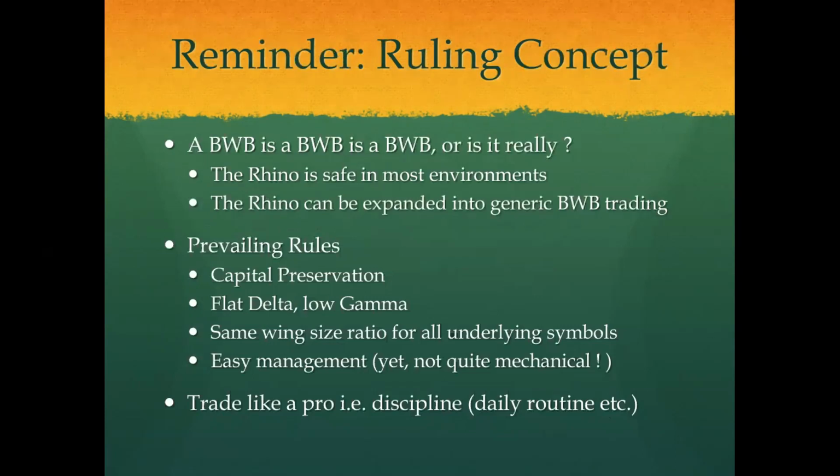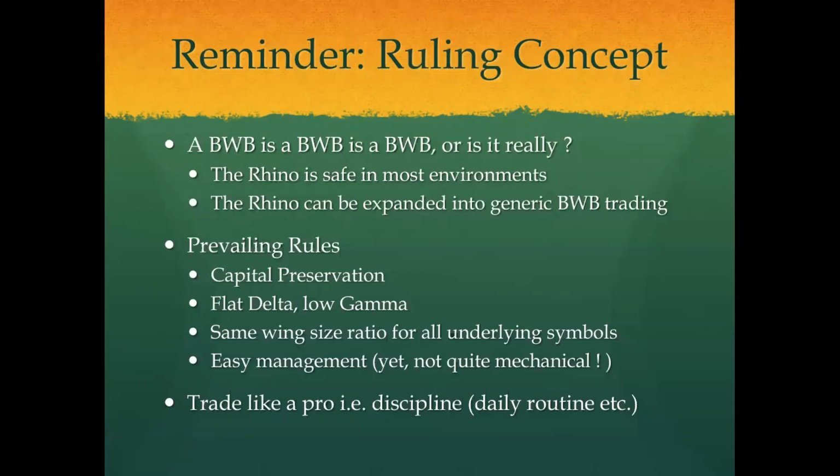I would say if you have a lot of experience trading this type of strategy, butterflies in general, or broken wing butterflies, yes, there are a lot of similarities. What makes it really different from the rest is it remains, in all events, a safe trade. Capital preservation is the most important rule. From what I've seen, and there are lots of strategies on the market, it's probably the one that keeps the delta the flattest,